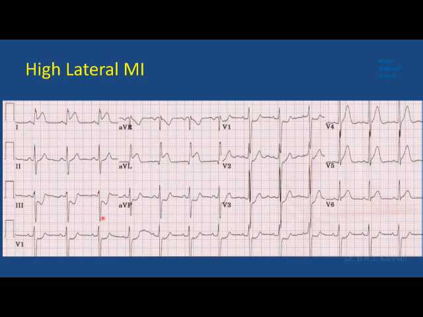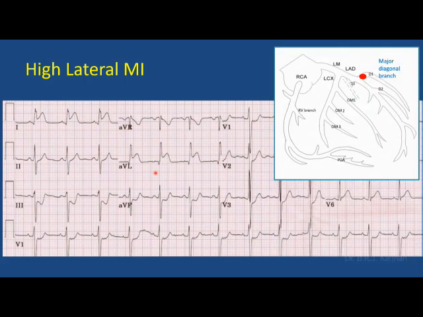Now let us see here, there is ST elevation in lead 1, ST elevation in AVL, there are reciprocal changes in 2, 3, AVF, there is no STT change in other anterior leads. See that? Whenever there are no STT changes in the anterior leads, chest leads, generally the main left anterior descending artery is not involved. Then what is the reason for ST elevation in 1 and AVL? That is because the lesion has involved the diagonal branch.